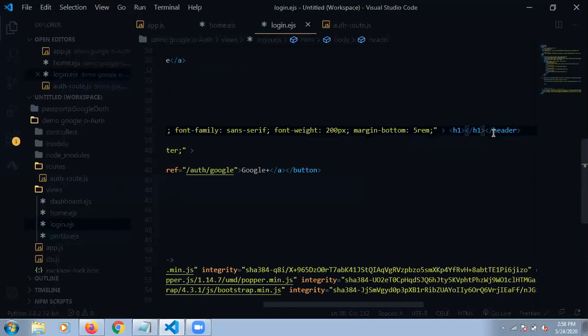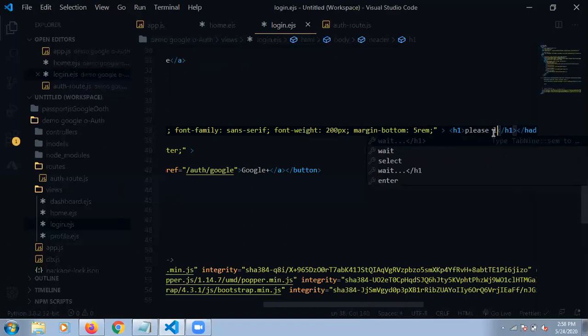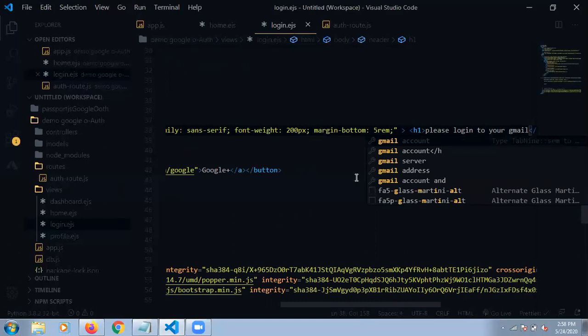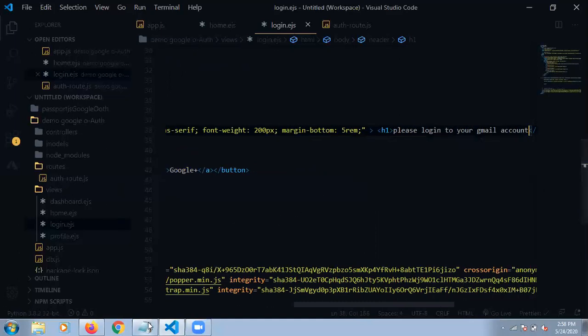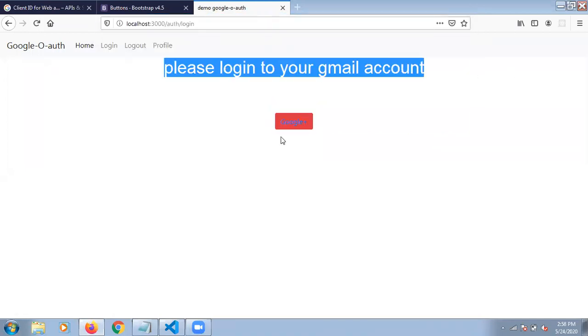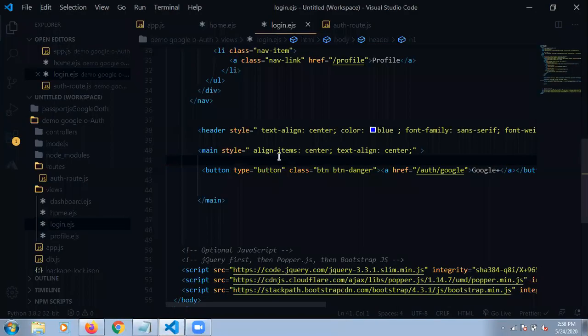We are giving the h1: Please log in to your Gmail account. Yeah, now it is fine, and you can see that whenever I refresh, it shows please log in with Gmail, and whenever I click, there is an error because we have not made anything else. So these are the basic common things.